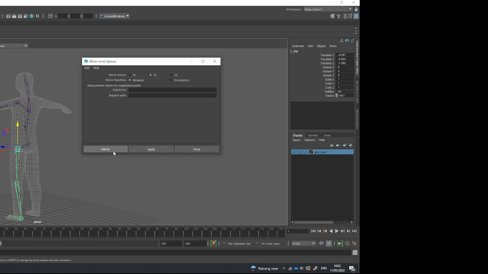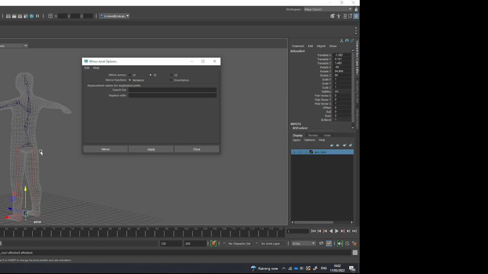If I clicked Mirror, it would apply that function and then close. If I Apply, it will apply it but leave the window open. If I Close it, it will just close it. So basically Mirror is doing both of these things together. I don't want to close it, I want to keep it open and I want to apply it,